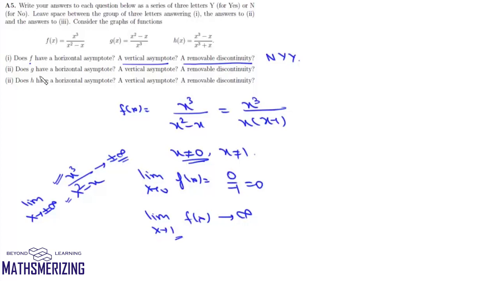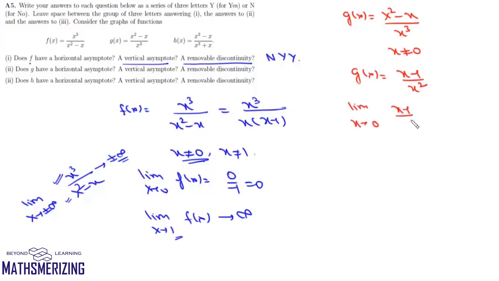And we'll come to the second part, which is this function g. Now we look at this function g(x). g(x) is defined as x square minus x upon x cube. Now again, this function is not defined at x equals 0, so it is discontinuous at x equals 0. Now we'll cancel this x. We can write (x minus 1) upon x square. Now we'll take this limit, x tends to 0, (x minus 1) upon x square. So this value approaches minus infinite.